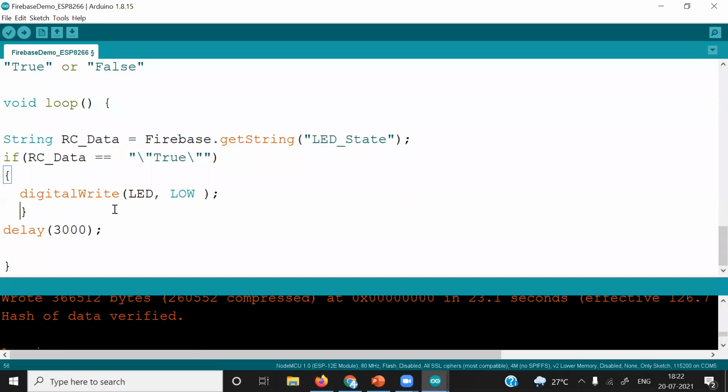Now another condition: else if. I'll just copy this, Control C, Control V, and instead of true, I'll make it false.